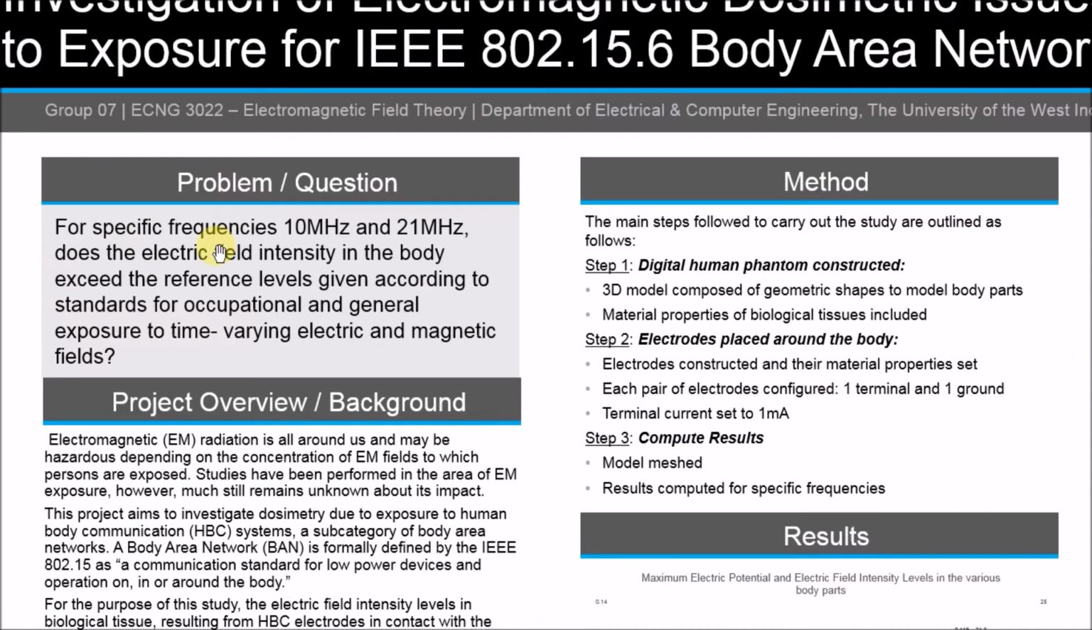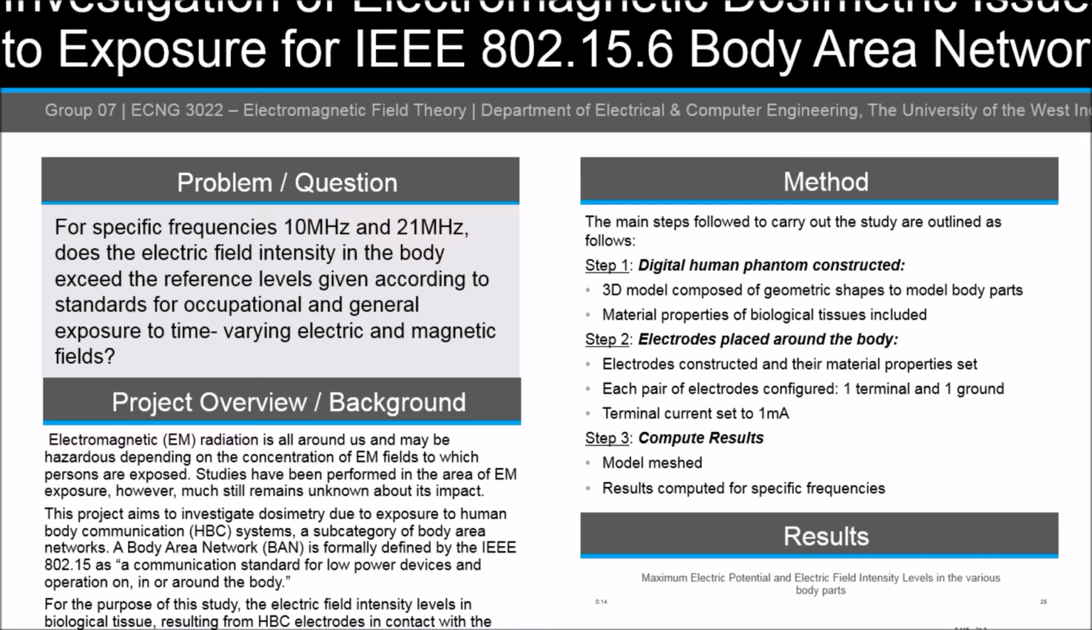For specific frequencies, 10 MHz and 21 MHz, does the electric field intensity in the body exceed the reference levels given according to standards for occupational and general exposure to time-varying electric and magnetic fields? Frequencies 10 and 21 MHz were used, seeing that they were above and below the ISM (Industry, Science, Medical) band